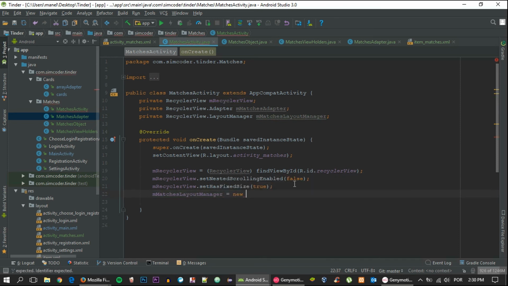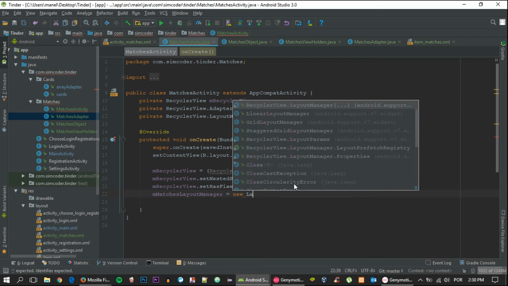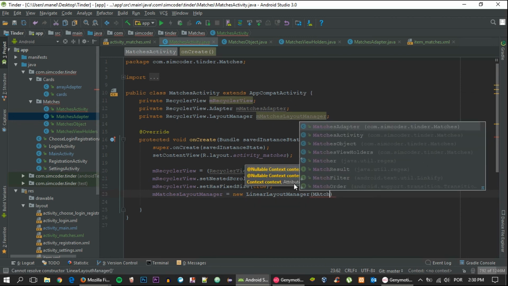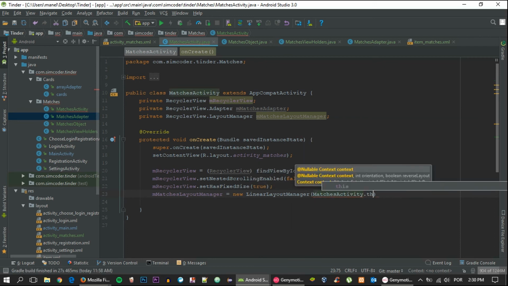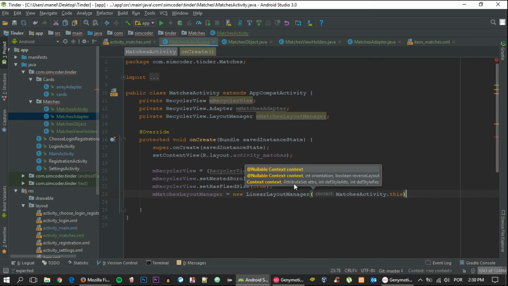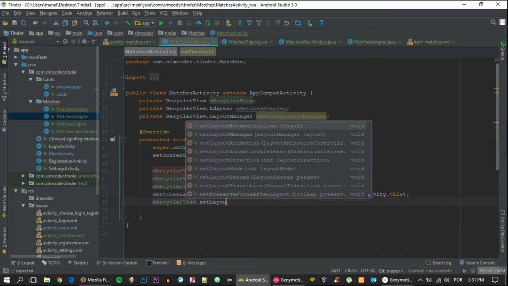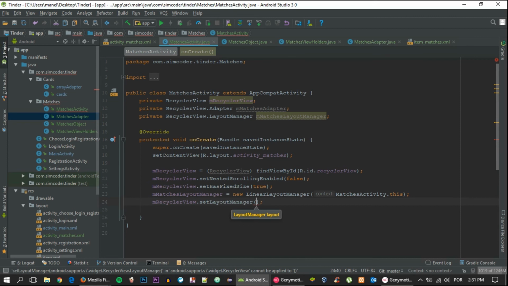Okay, so now we are going to set a layout manager. So new LinearLayoutManager actually, and set it to MatchesActivity.this. After that, we are going to pass this layout manager to the RecyclerView, mMatchesRecyclerView actually dot setLayoutManager, mMatchesLayoutManager. Okay, so